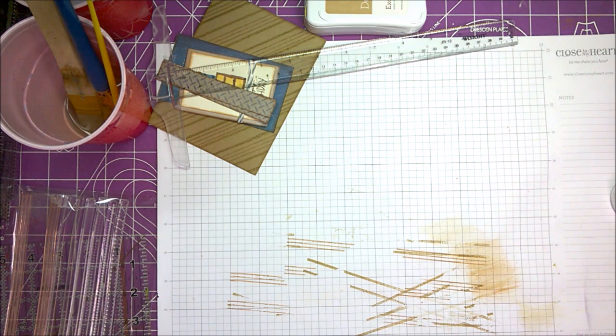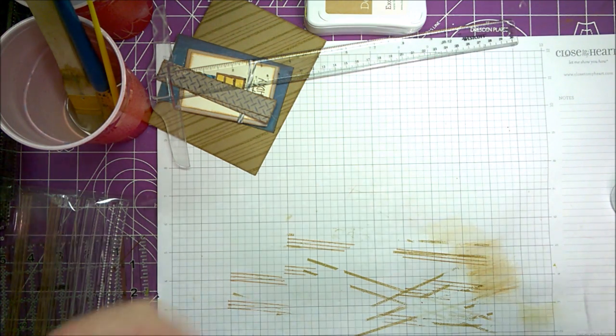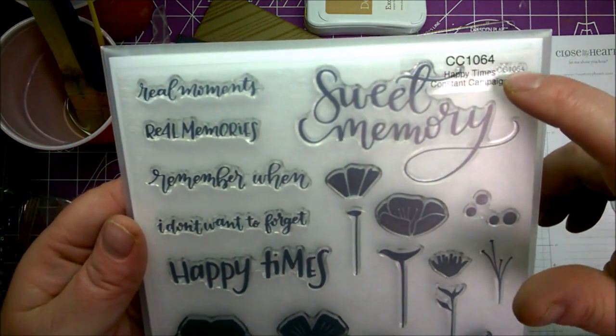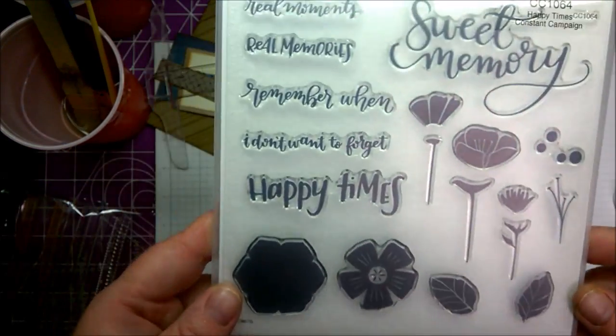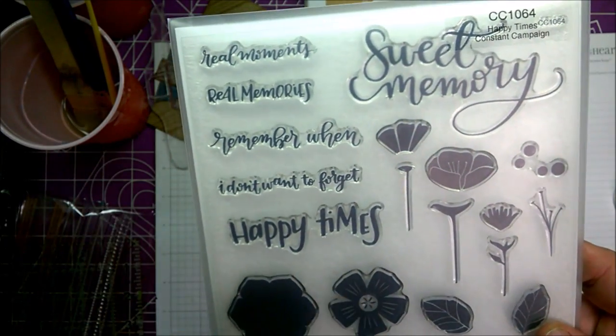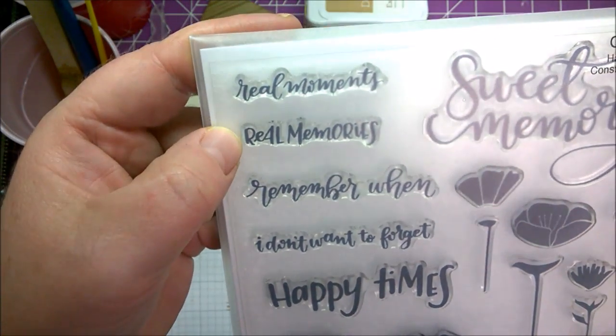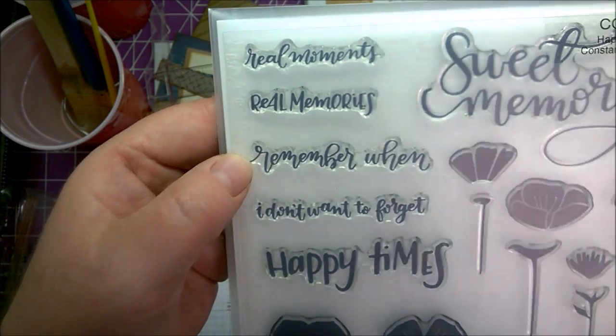And then the other thing I want to talk about is that for the month of May, it is National Scrapbooking Month. Close to My Heart has a special stamp set and paper pack that's only available during May, and I'm going to give you a glimpse of it. You can start ordering it right now, and it's only going to be available until May 31st. Real moments, real memories. Remember when,